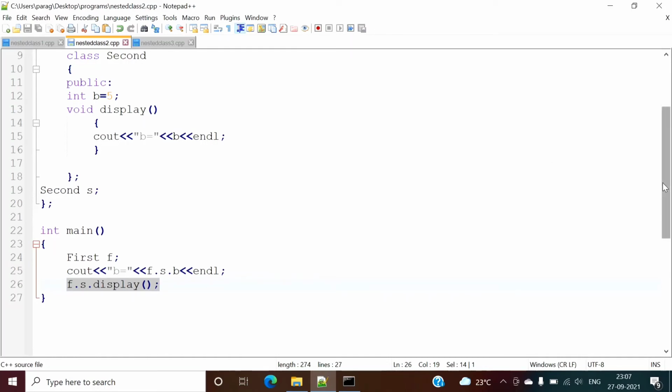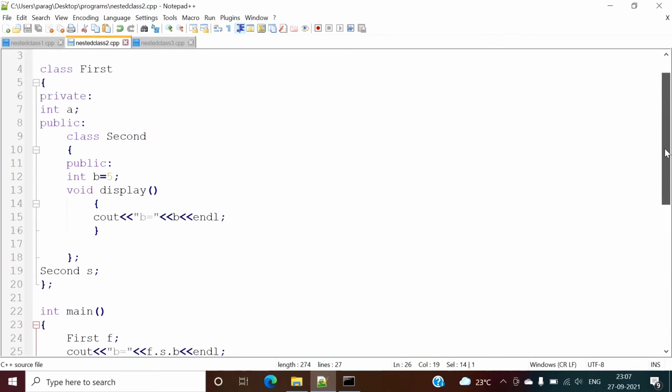Now see, there might be one question: how can this class use this variable a? In other words, can this class make use of this variable as it is also a part of the outer class? Yes, this class can make use of this variable, but to make use of it we need an object of the outer class.